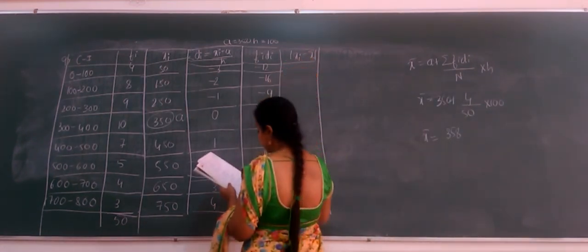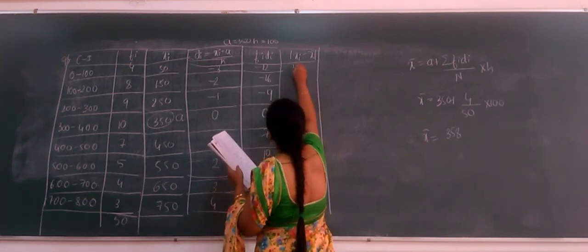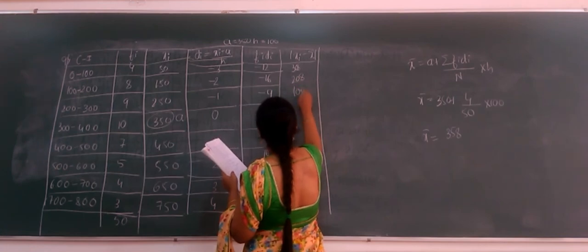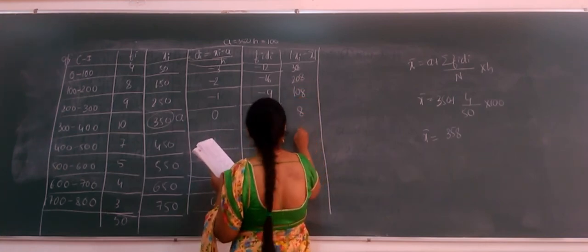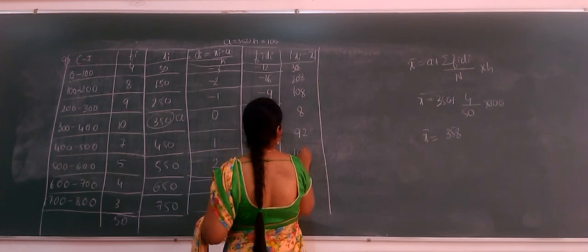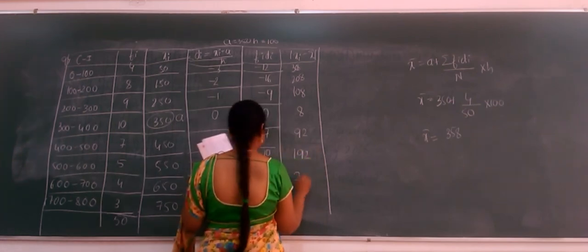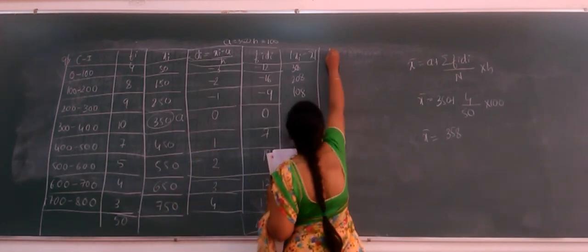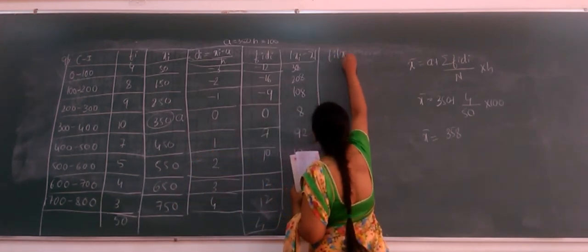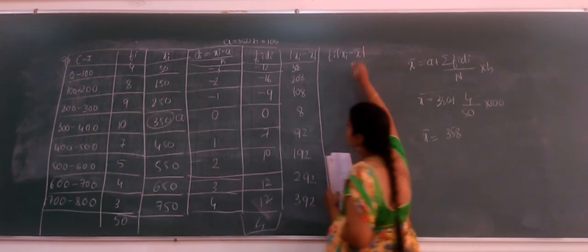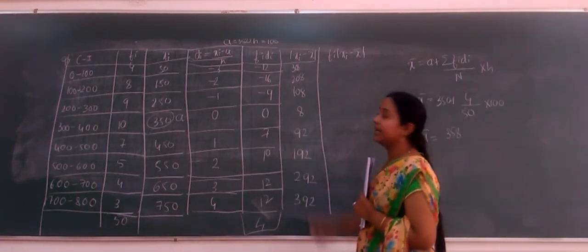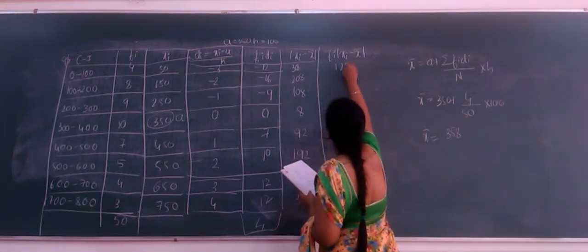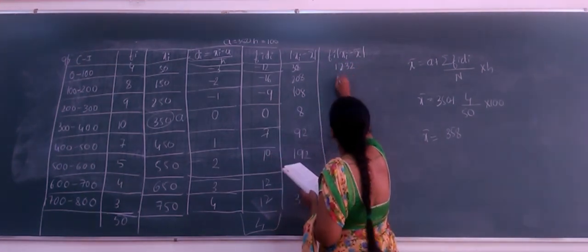So modulus of xi minus x bar is 308, 208, next 108, 8, next 92, 192, next 292, and finally 392. And next fi into modulus of xi minus x bar. That is fi, and this column will be multiplied. So fi into that it will be 1, 2, 3, 2. Okay. Next 1600